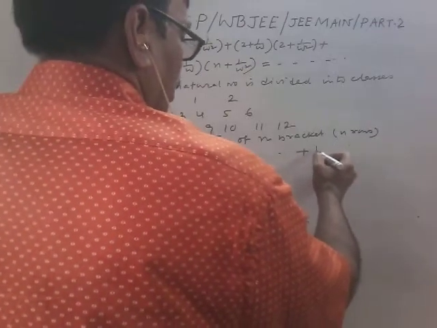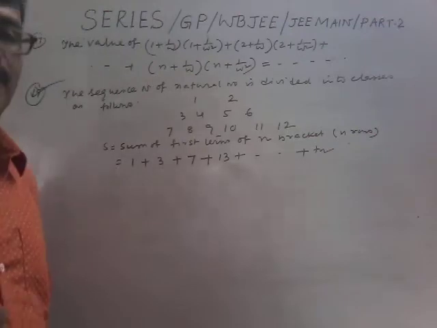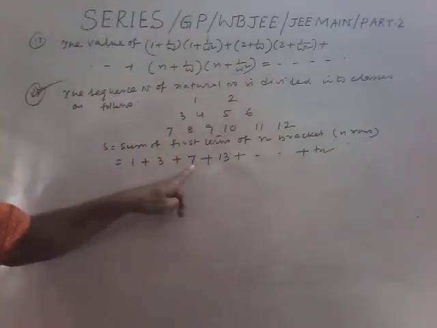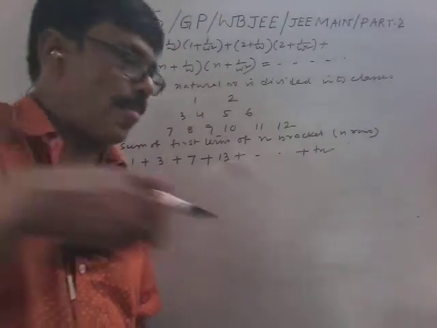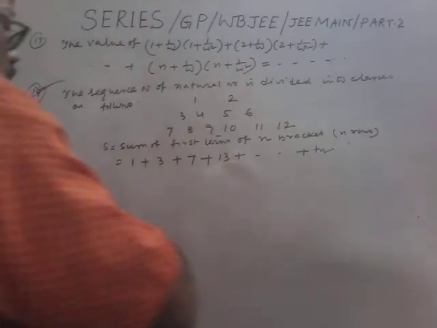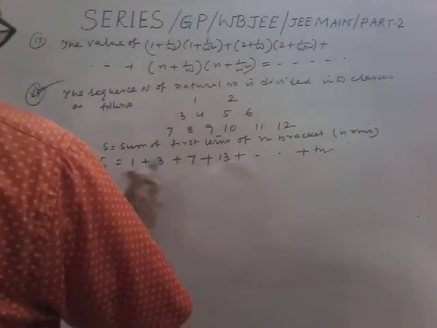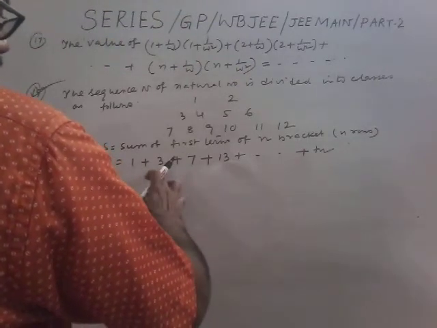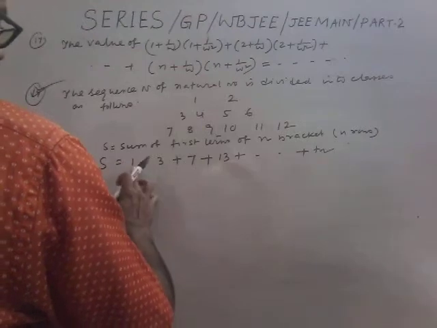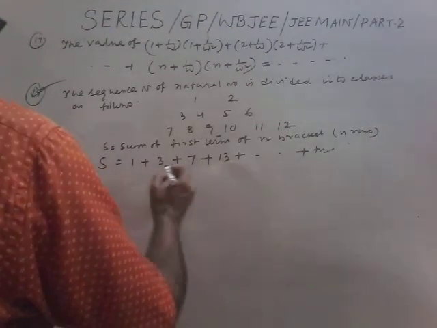And suppose for the nth, this is Tn. Now 2, this is 4, this is 6. So S equals to this. This is not in GP, not in AP, look, this is 2, then 7, then